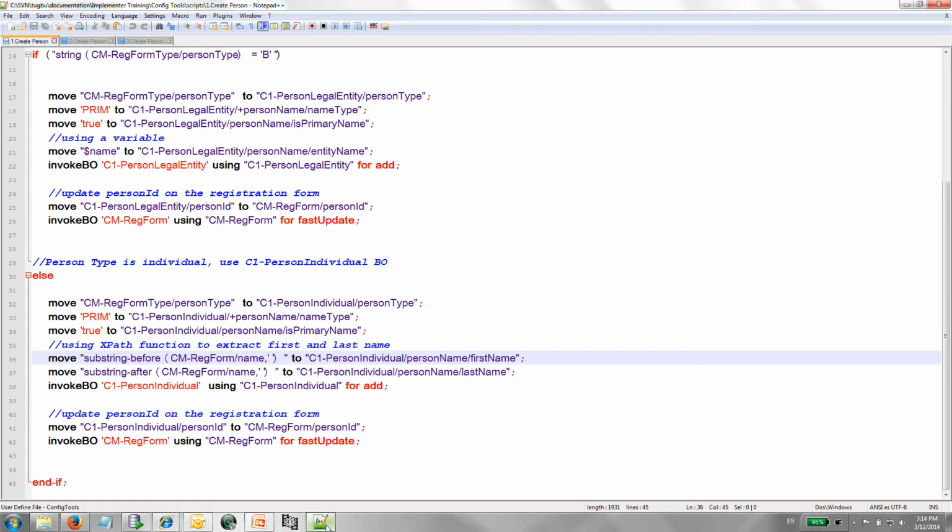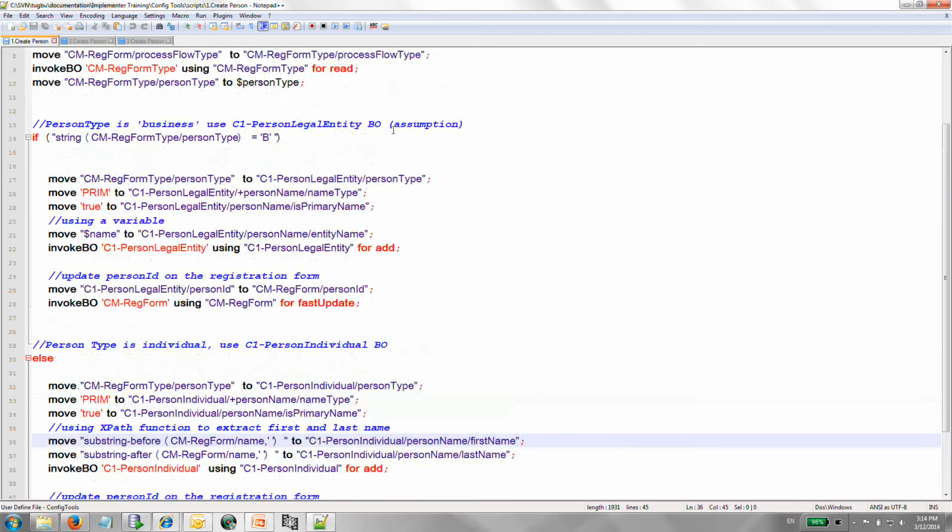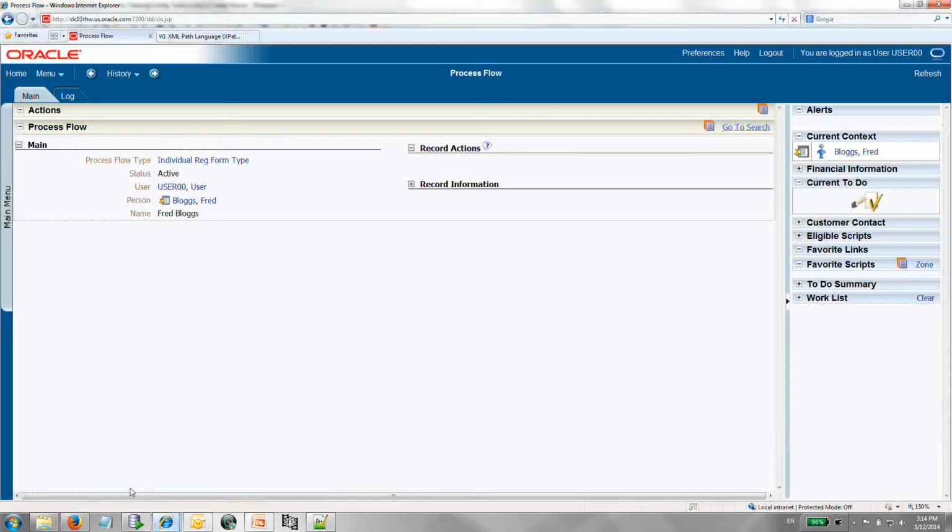Okay, so in order to do that, let me show you a couple of issues that we have with this particular script that we should want to improve. The first thing that we see is that we made an assumption. We made an assumption that if the person type is business, then we'd use this particular business object for the person. Now, if I go to the actual application, I can go and find